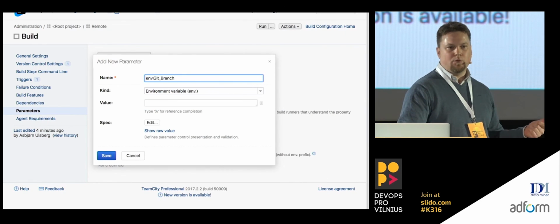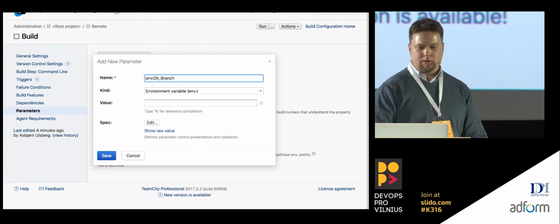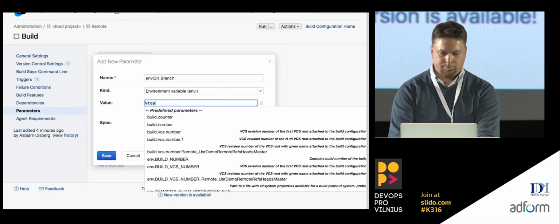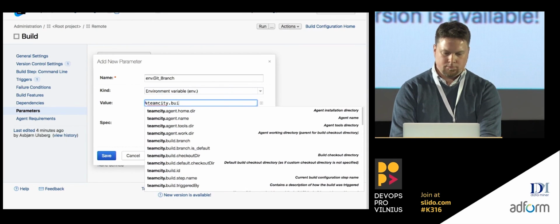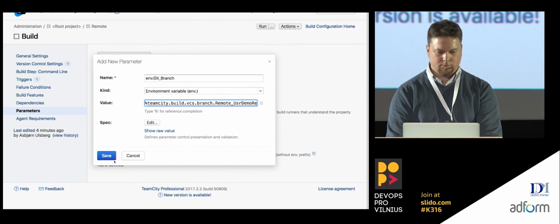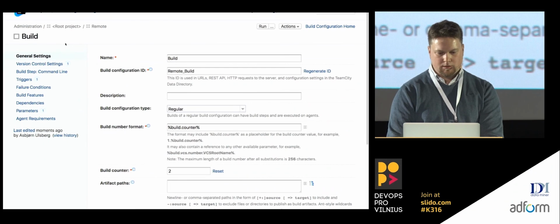So we need to know which of these references is being built by TeamCity to provide the correct version number. And now that's in place,